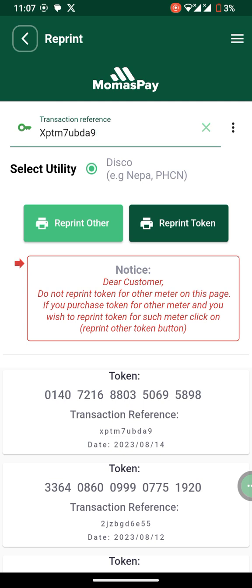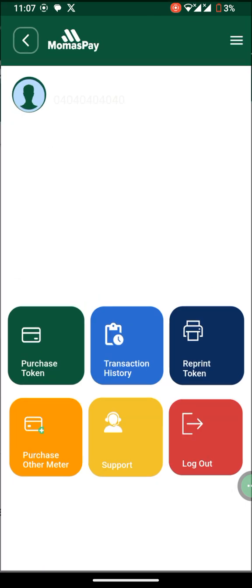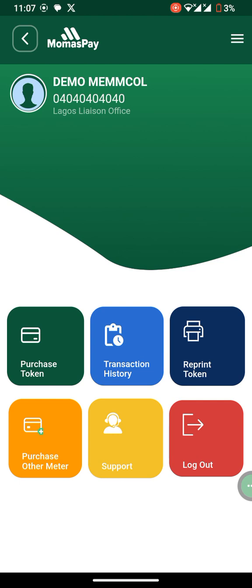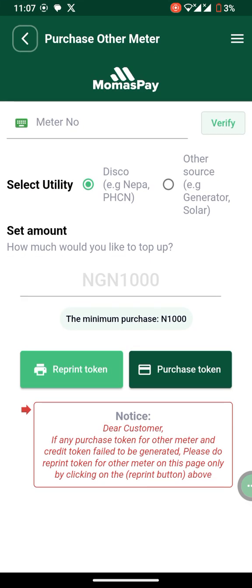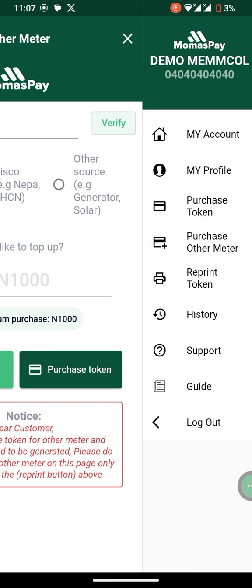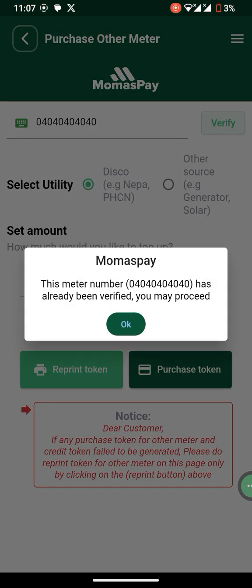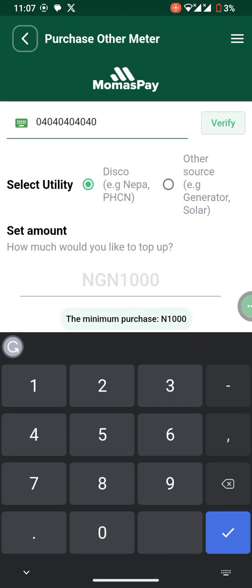Okay, the next thing I want to demonstrate right now is, let's go to the dashboard, purchase for other meter. You want to purchase for another meter, like I said, for family or friends, or perhaps another meter that is different from the meter you log in with, which is the 044 meter. If I type in the meter number 0434566, okay, this is the meter number, and I click verify. It said this meter number has already been verified, you may proceed. And if I